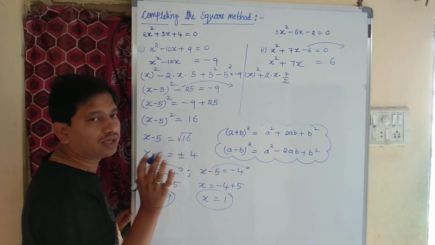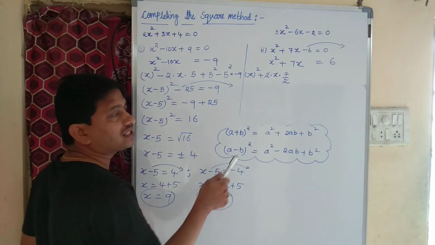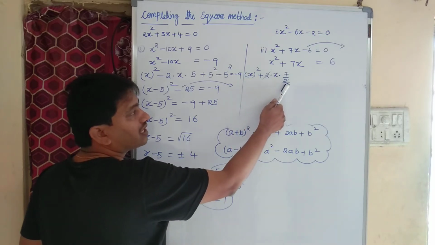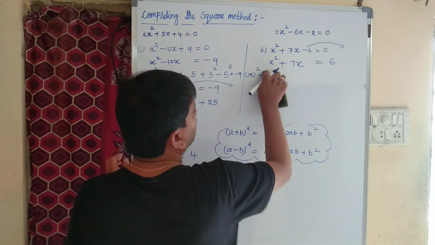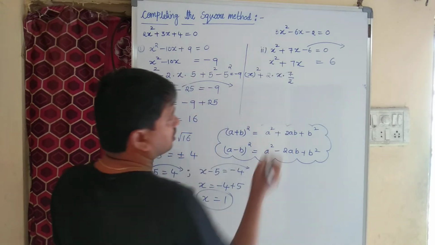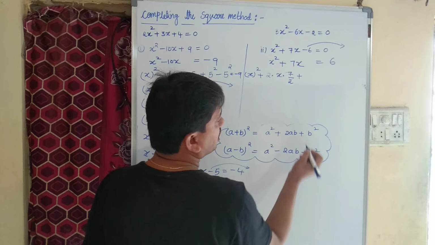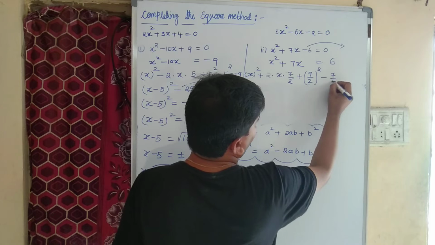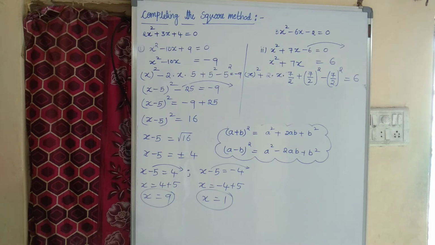Once we are doing any manipulation, it should not affect the given term. So we have here 7x. How can we write 7x? We want a value x and now the b value is 7 by 2. So 2 gets cancelled, and again we will get 7x only. So the a value is x, the b value is 7 by 2. Once I add, because we need to add plus b square, I mean 7 by 2 whole square, at the same time we need to subtract 7 by 2 whole square, equal to 6. Is it clear, children?